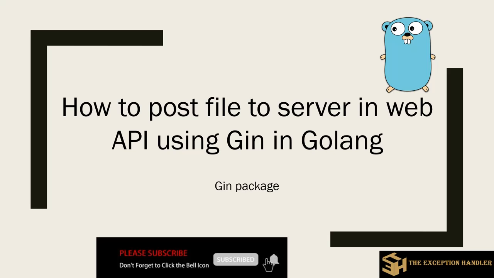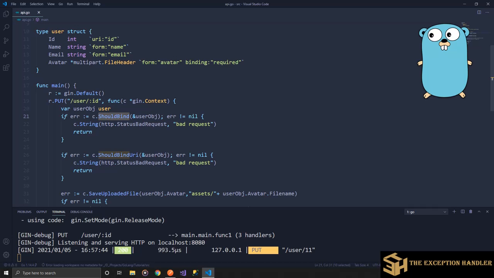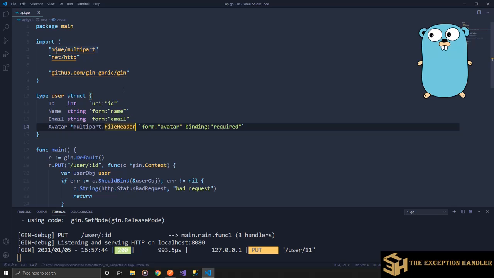So now, as we all know, when we post a file to our API server, we need to set the request header as multipart data. So I have created a model which contains a few pieces of information of a user, let's say ID, name, email, and the avatar image that the user wants to upload. So for the avatar image, the data type would be multipart FileHeader, and that is a struct that is inside